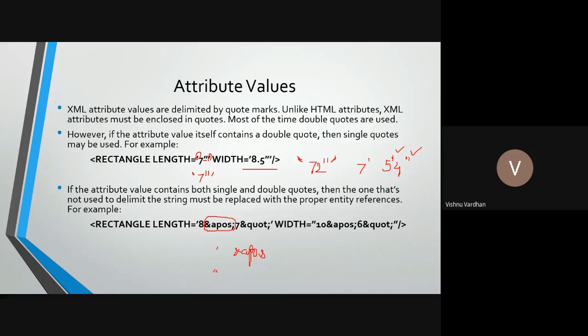सिंगल कोट्स, डबल कोट्स को कोट करने के लिए QUOT जैसे यहाँ पे लिखा है. ठीक है, so in that way entity references you have to take. So here width is equal to 10 feet क्योंकि apostrophe यहाँ पे, and 6 quotations, that means inches, 10 feet 6 inches. So in that way you have to convert them, because XML parser के लिए single quote and double